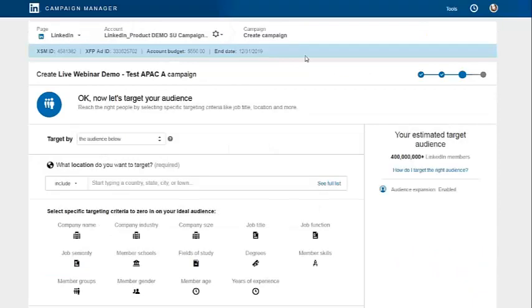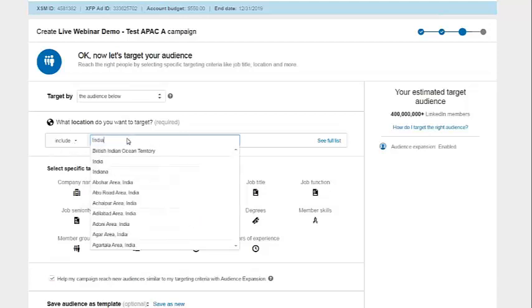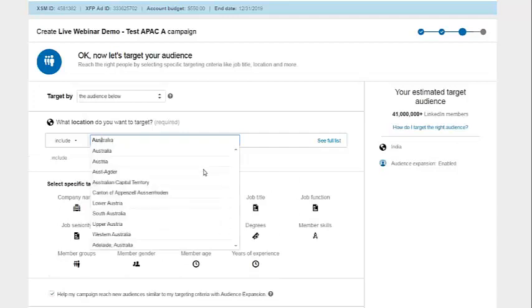This next part is where you pick the ideal audience for your campaign. You have lots of options to choose from here, and this is all based on LinkedIn's data from our members. It's easy to pick their data, their demographics and their firmographics across. We actually have 470 million members to choose from. So you can include or exclude different things. For example, I may want to target India. I would select India, Australia,